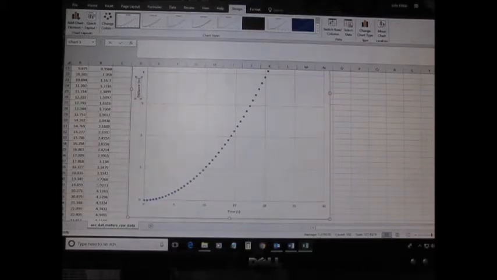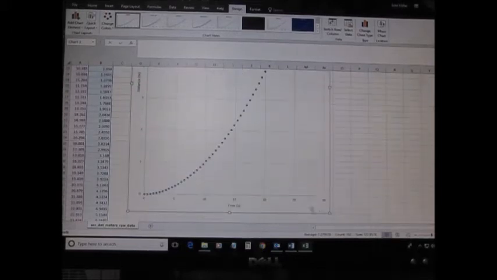We can even put in an appropriate title for our graph, which in this case is going to be distance versus time. Now if we go back to the plus sign, we can further change our graph by choosing each range on each axis,